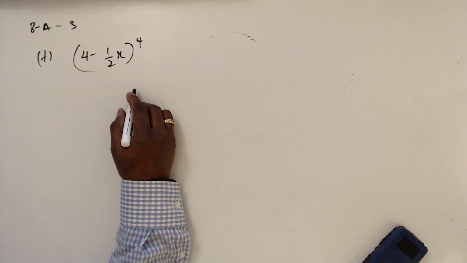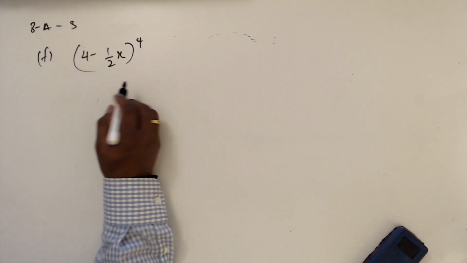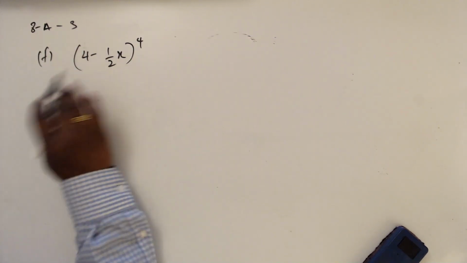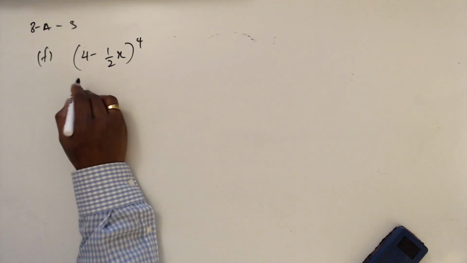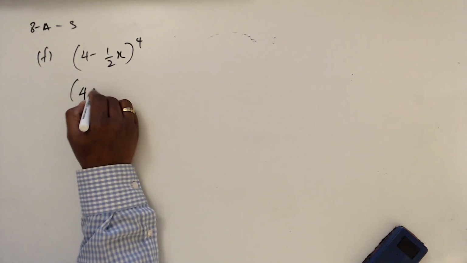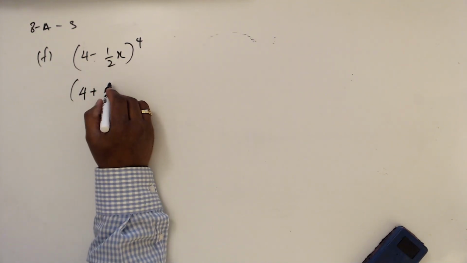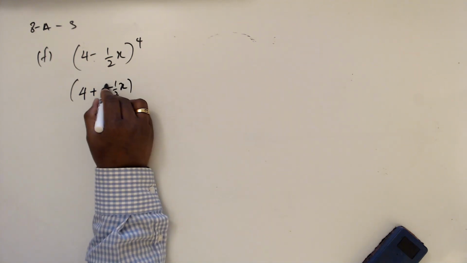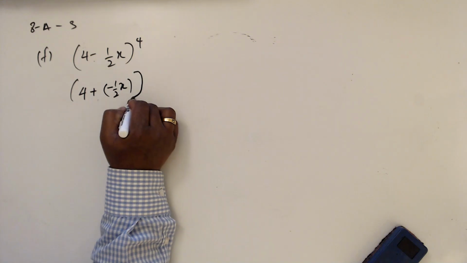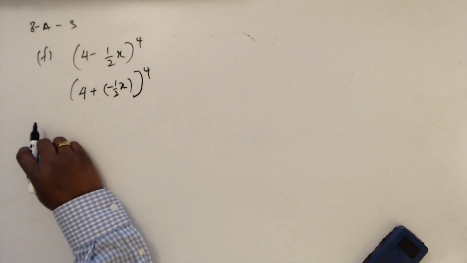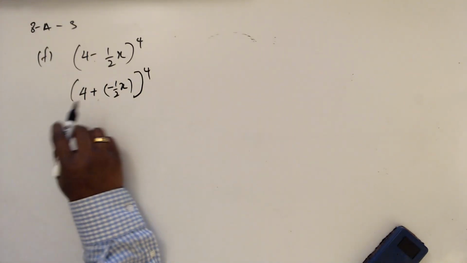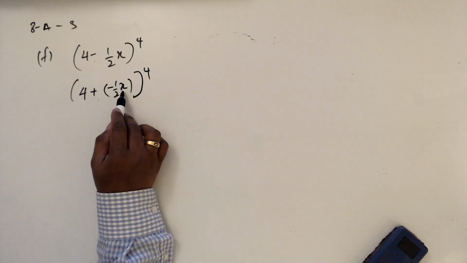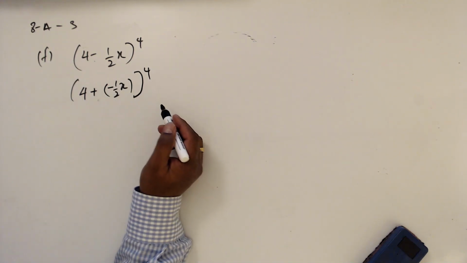Okay, this is question number F. You know that we can't put the binomial in this form. Then you know what to do. We write 4 plus, and this minus sign we put inside. So minus half x, and then the bracket to the power 4. Now we can put the binomial into it. Now it is in the right form, x is on the right side. So then we can write